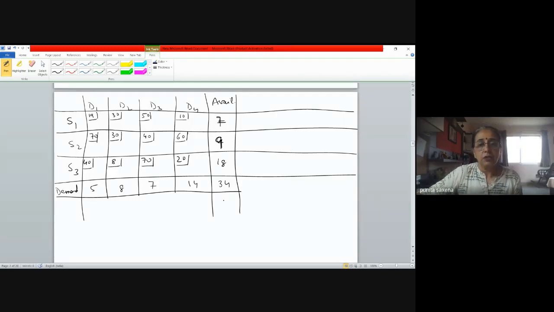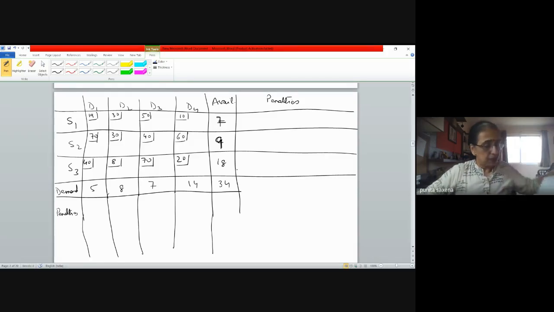So why have I left the row here? Because here we are going to compute the penalties for each row, and here we are going to compute the penalties for each column. So that's why I have left them like this. Is that okay? So this was my transportation table. Now, coming back to the